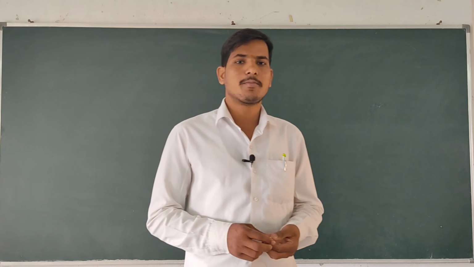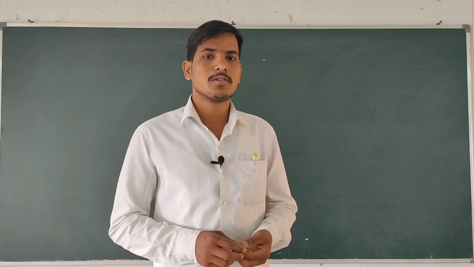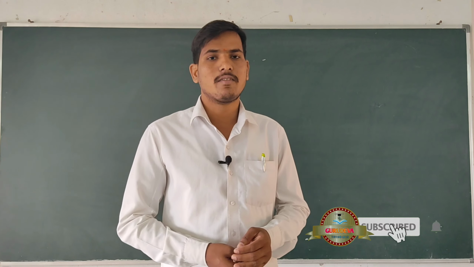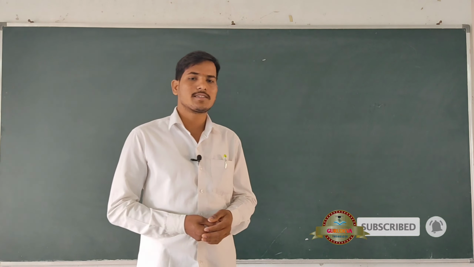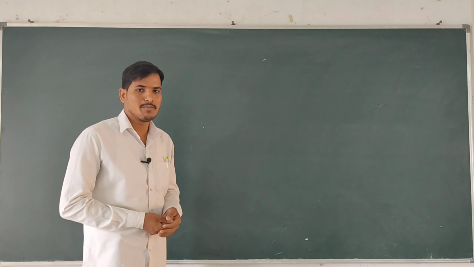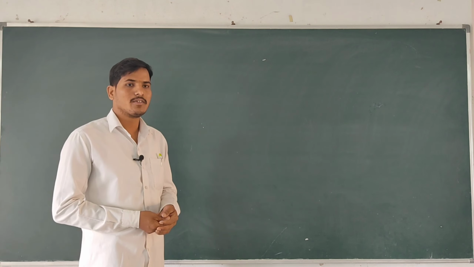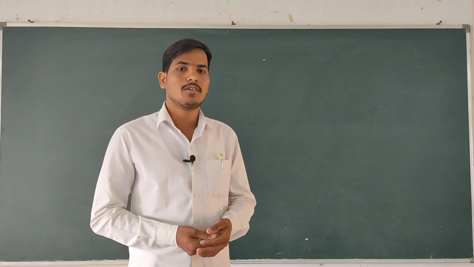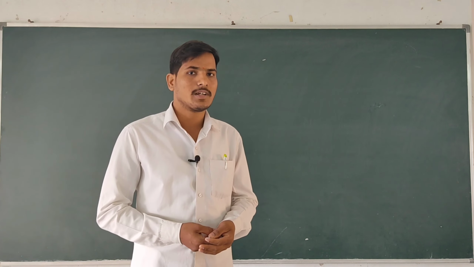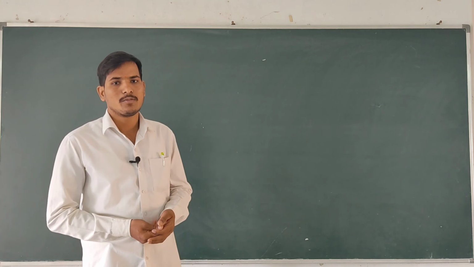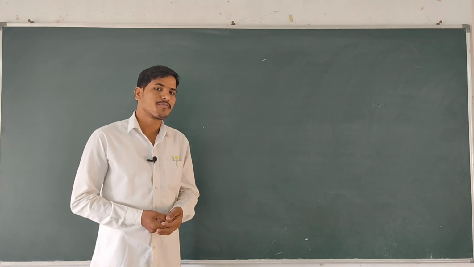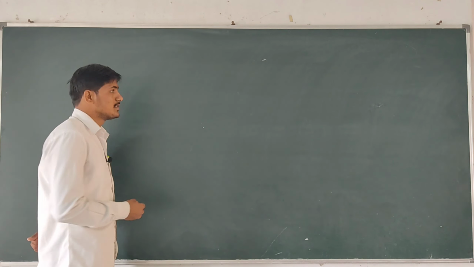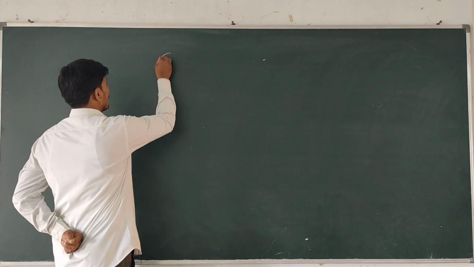Hello students, in the previous class we discussed acids, bases and salts. What is the definition of acid, base and salts, how they are extracted and how they are formed in chemical reactions. We observed how acids and bases react with different compounds and what products we observe there. Now we are going to discuss the next chapter, that is chemical equations.